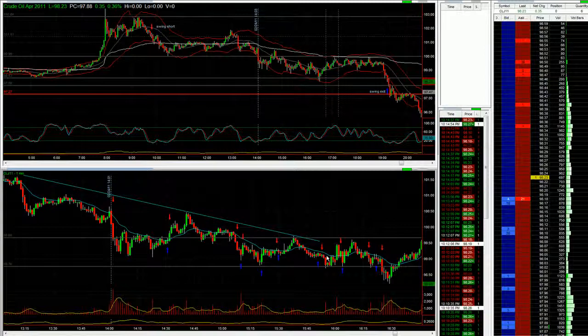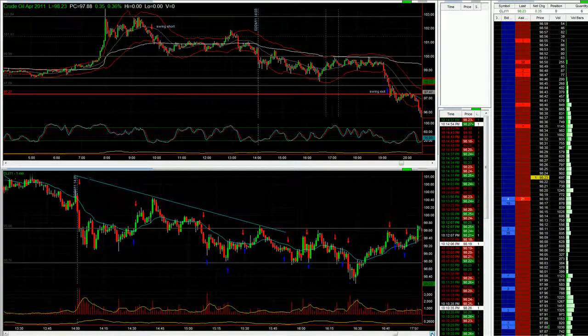Little scalp there. Another little scalp here. Looks like I was looking for the long to push back. That might have been a stop loss actually. Small stop on that. Inventories came out here. Oil inventories pushed it up. Pathetic effort really in the scheme of things. Look at the size of that candle, even though there was some volume there. Pushed back lower immediately. So I'm taking a short on a little pop, and then we got a little push lower, which was okay. Made a little bit of profit on that one.